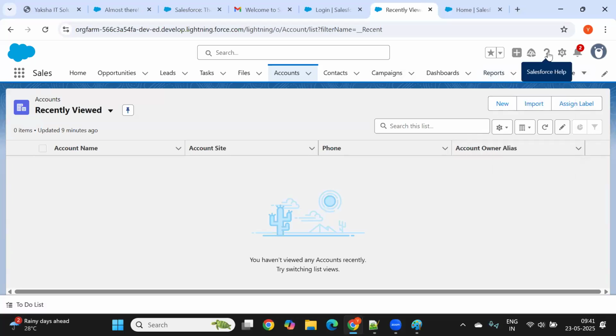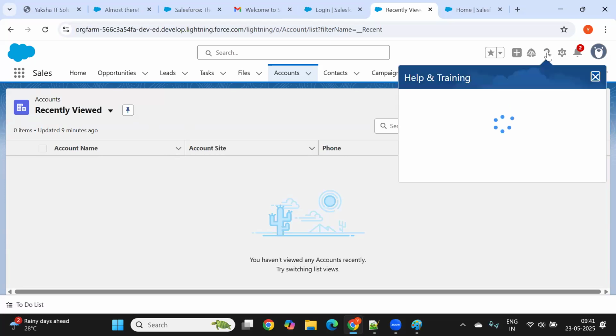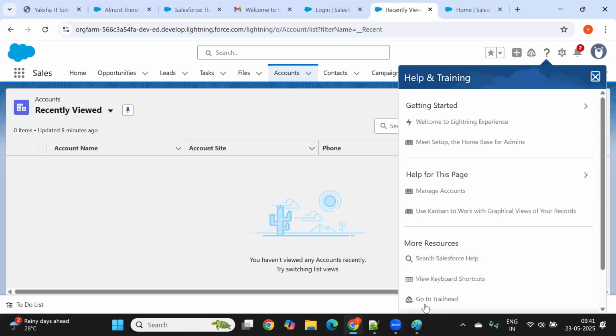And the question mark, Salesforce help. Whenever you have any issues with your application, I mean the out-of-the-box applications, whatever applications or functionality are provided by the Salesforce company, if you have any issues with any functionality, there should be some customer care, right? So how do you contact Salesforce customer care? This is the place where you can interact with the Salesforce team. So here you could see